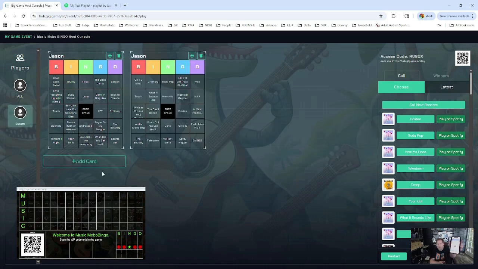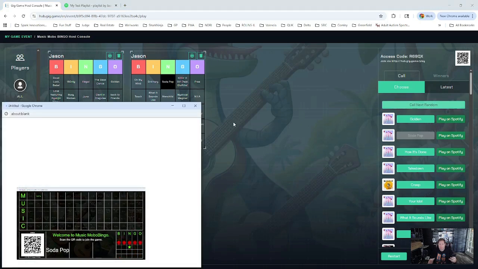So if I go look on my screen, you'll notice a little arrow down in the corner there that I can hit, and it goes to a different card. So I have now multiple cards on my phone as well. It just dropped them on it. So at this point, the way you play it is straightforward. You have 2 ways you can do it. You can manually call a song here and then play it manually, with total control. Or if you just want the game to do it for you and you don't really have to think about it, just hit this call next. So here's what happens.